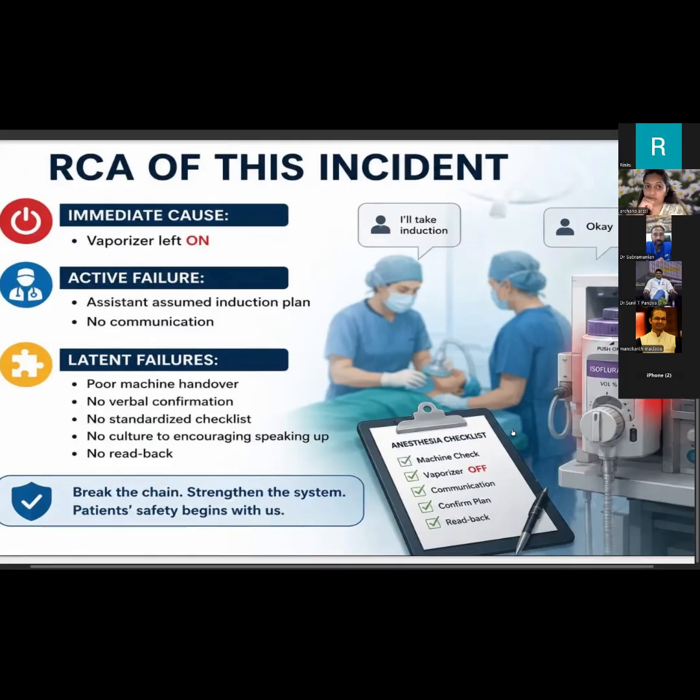That is the Swiss cheese model, which ma'am mentioned again, where multiple safety barriers align in a straight line simultaneously, leading to a critical incident. Next,